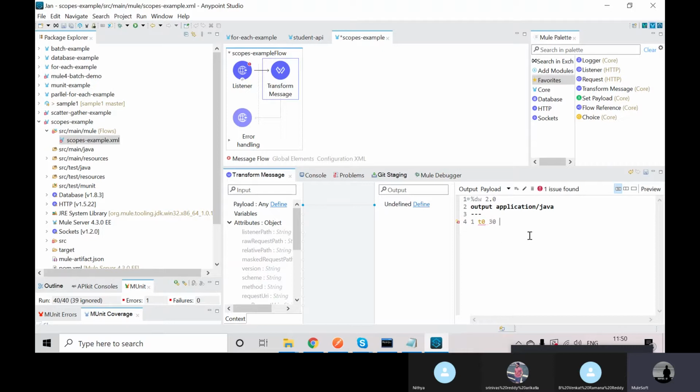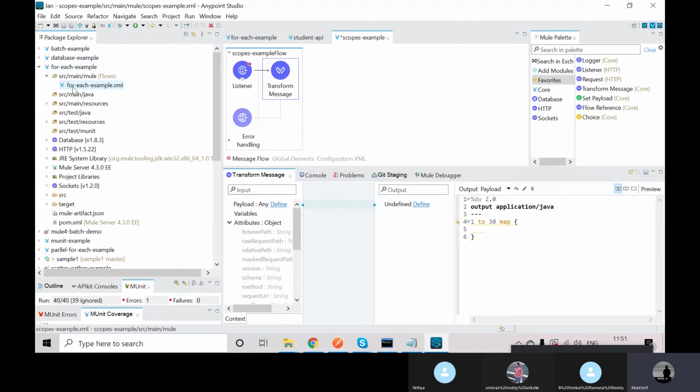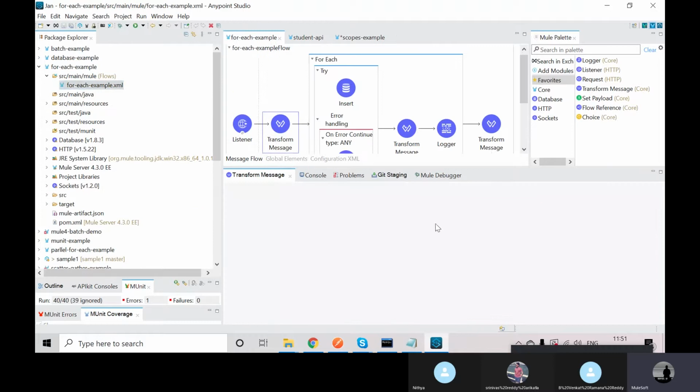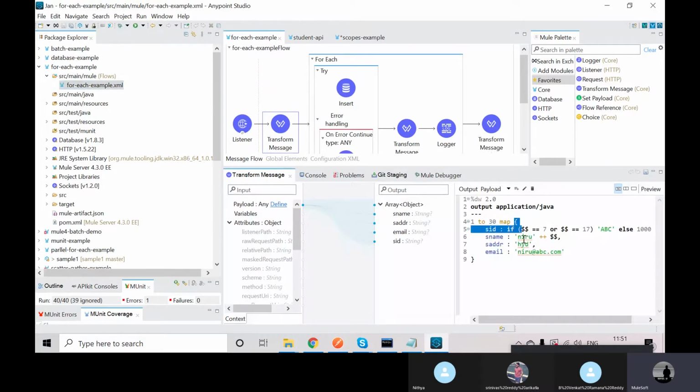I want to insert 1 to 30 records by using map, which will iterate 30 times. Thirty times I'll give student data. Here you can see an example; in this way I can give it, and I'll explain all the conditions.